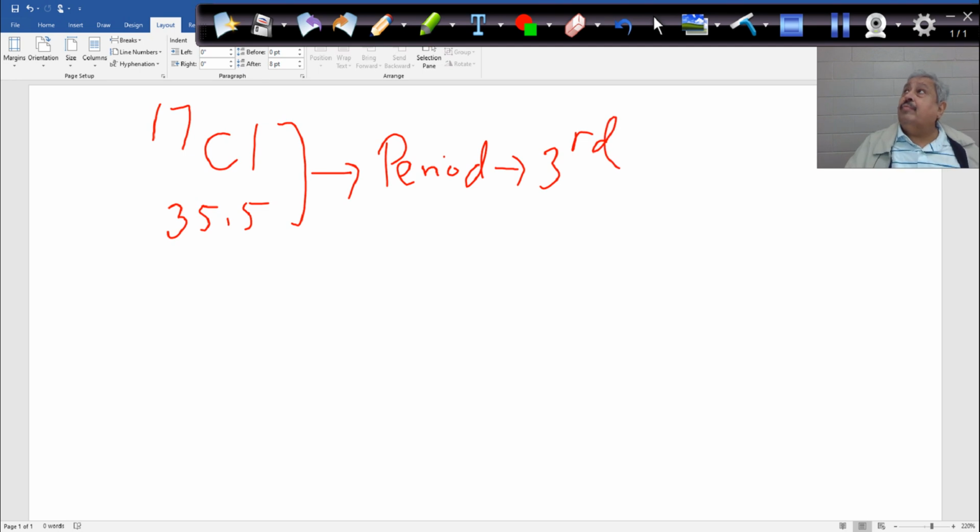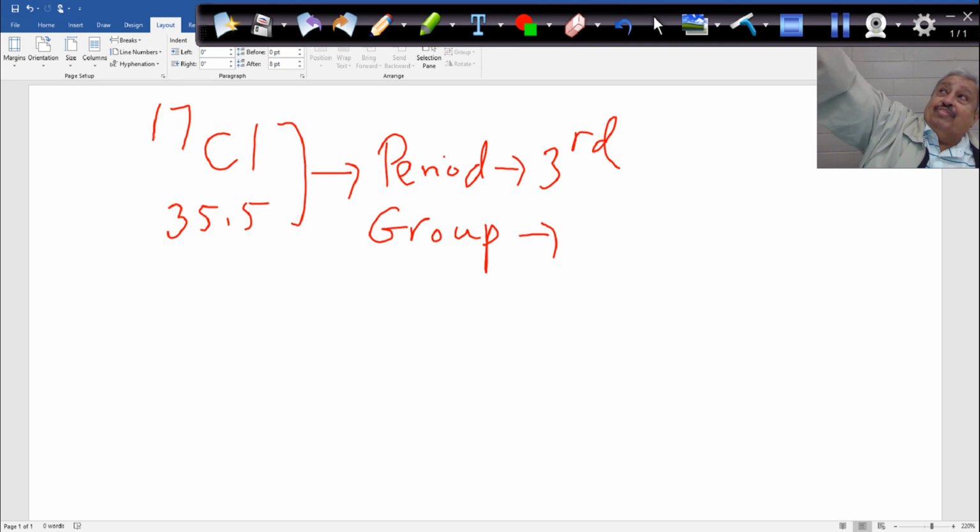That's the third one. How about group? What group is it in? It says 17, but when I say 17, always after the 12 here, after 12, correct,